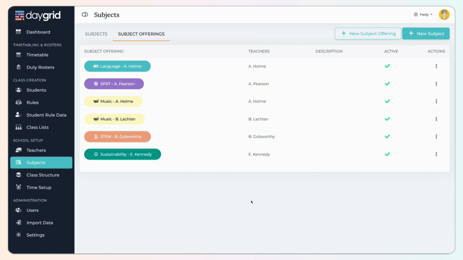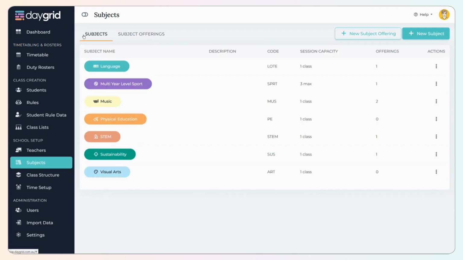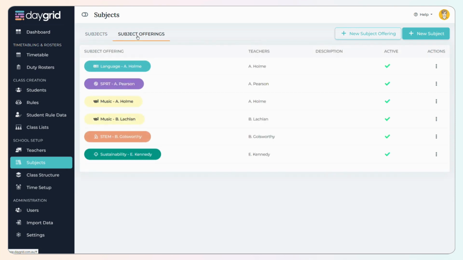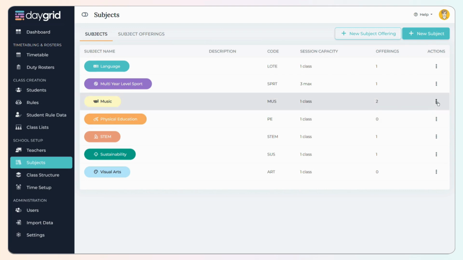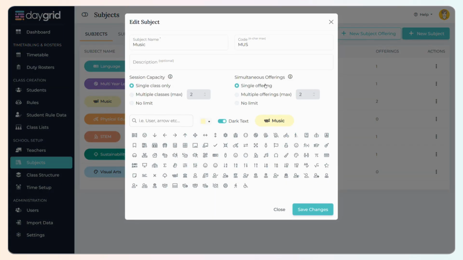Okay, so that's really all that we need to cover off here in subjects. The biggest thing to remember is we have our subjects, that defines what's being taught, and we have 1 or more subject offerings that defines who's teaching it and how we want it to be allocated. So when we come back to these subject settings here, we spoke about earlier about a setting called simultaneous offerings. And so now that we've got a subject that does actually have 2 separate offerings, music in this case, we can go and have a look at this setting and see how it might impact how it will be allocated